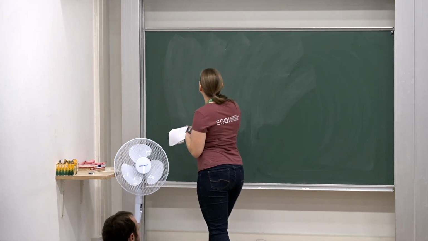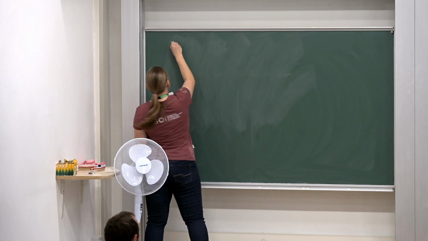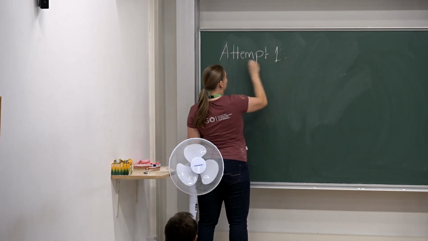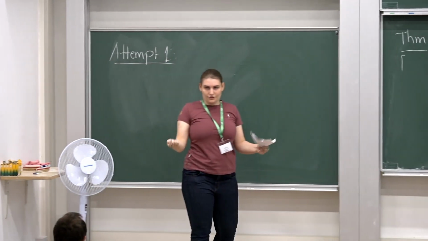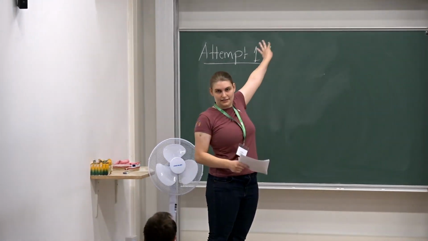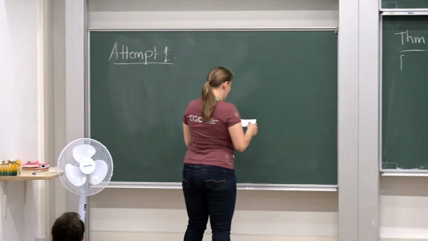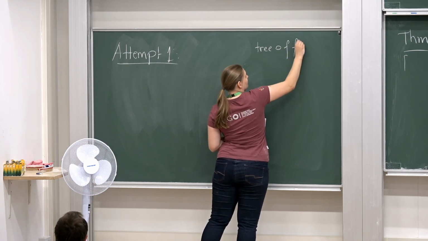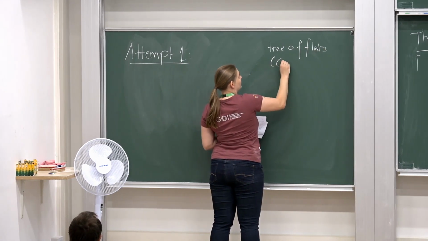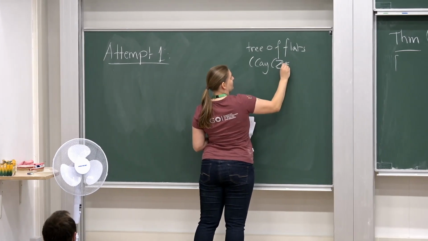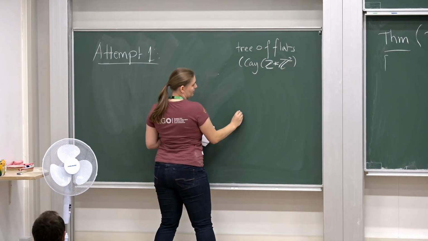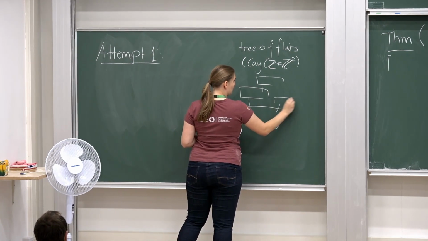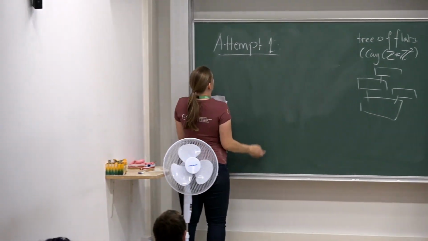And this leads us to our first attempt. To visualize it, this works on any graph, but we're going to look at it in the case of the tree of flats. That is the Cayley graph of that free product Z squared. Okay, so our first attempt is, well,